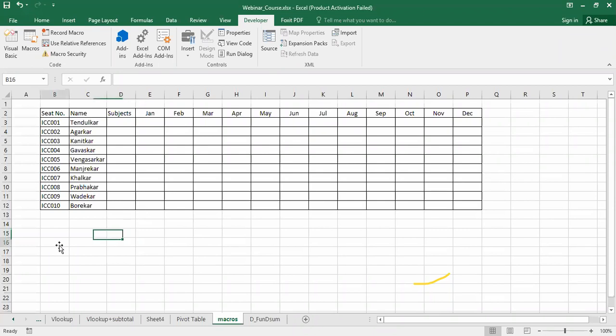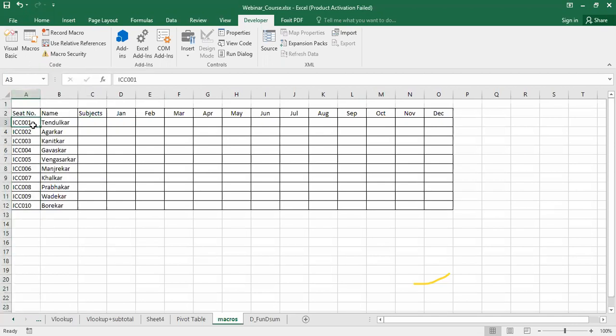Okay, how to do that then? Let us say this is the database for these particular people for different subjects in different months. Okay, but I don't have the subject names. Say I want to add some subject names over here. Okay, but I want to do it for all the students. I want to do the addition of all, summation of all, average of all, percentage like that. See how to do that then. Okay, then for that what we can do? So first of all, from where you want to start, click on that.